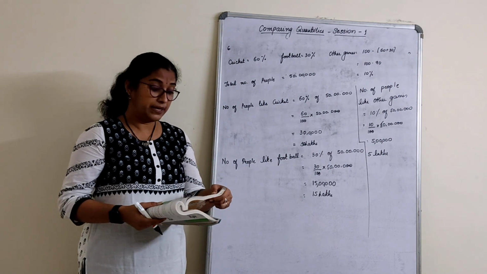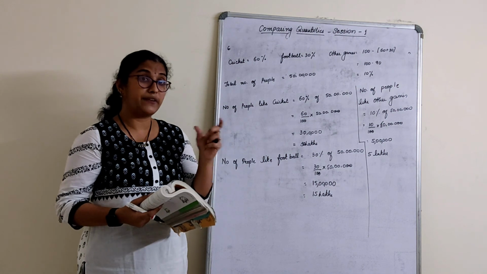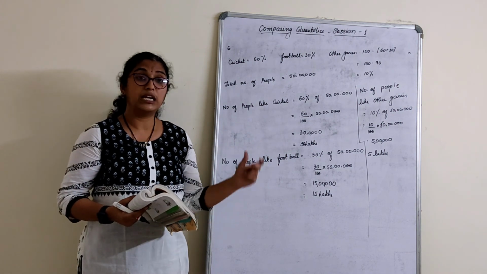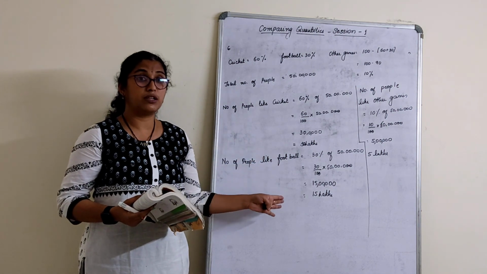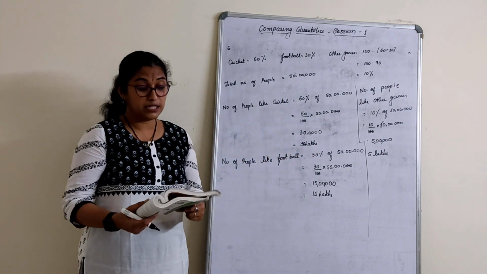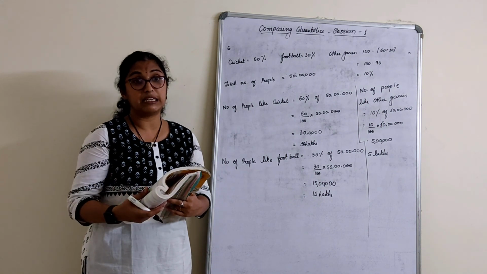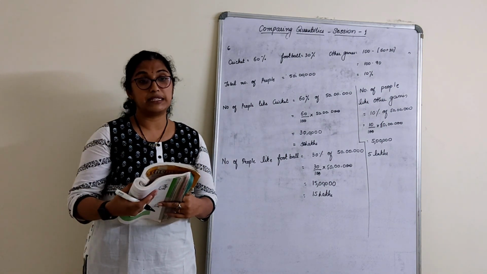So with that we complete the chapter. We complete the first exercise where we understood something about percentage. There are some worked examples also on this. Please solve. You will get more and more idea to solve these sums. So our next session will be on increase and decrease percent about cost price and selling price.